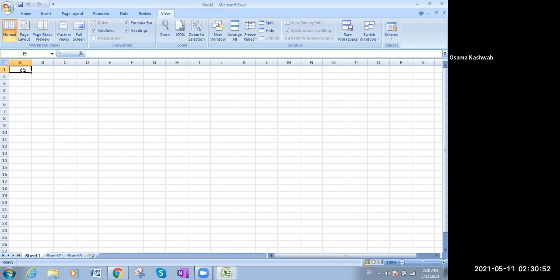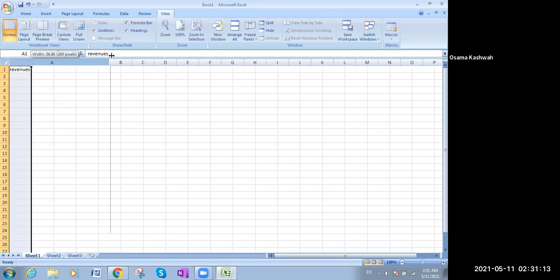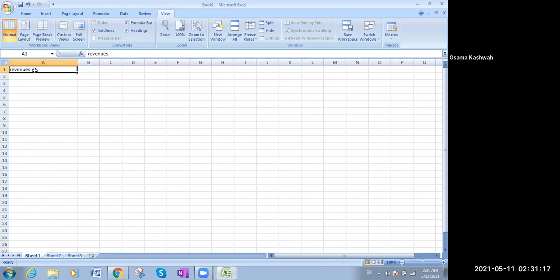Let's go now and start, and say, as an example, I will do an example about the costs and revenues. So here I will say revenues and cost. Let me enlarge the cell A first. I will enlarge the cell A. So as an example, I want cell A to be large like this. So here I will say revenues and costs